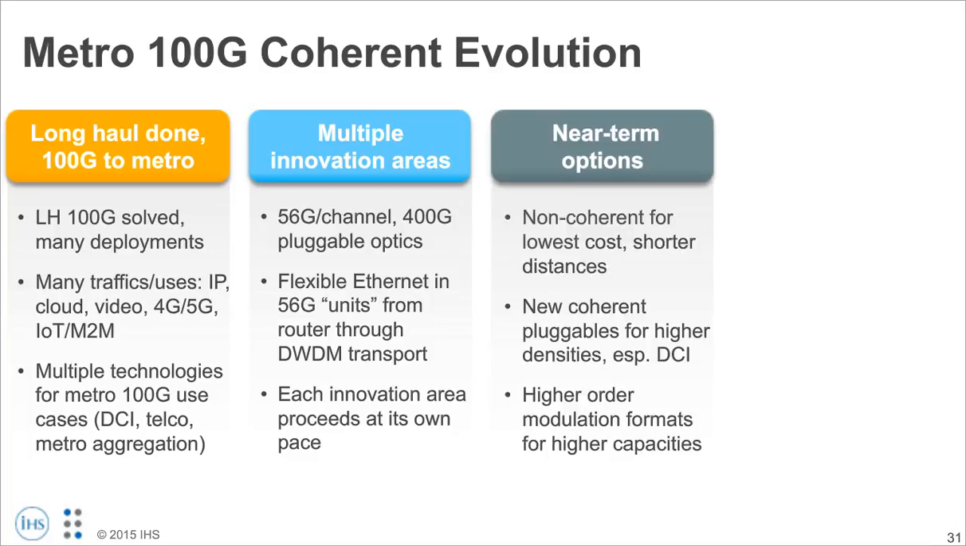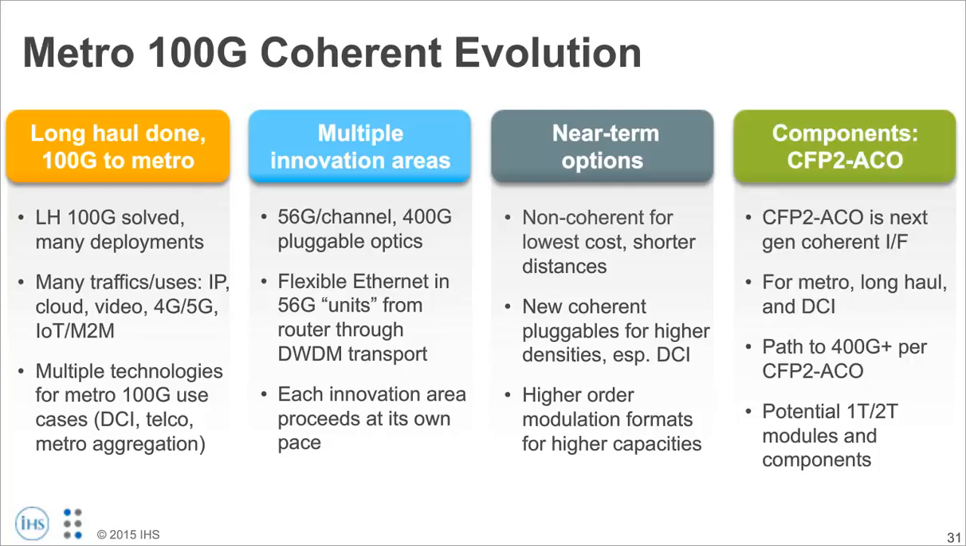Near-term options: we heard about non-coherent for the lowest cost and shorter distances, and the new coherent pluggables for higher densities, especially data center interconnect. Higher order modulation formats for higher capacities, certainly. And on the component side, we heard a lot about CFP2 ACO. It's a next-gen coherent interface for metro, for long haul, for data center interconnect. And the path to 400 gig per CFP2 ACO we heard about. Potential 1 terabit to 2 terabit modules and components. So that's our